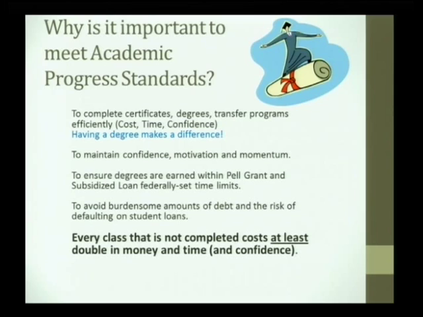But if you're borrowing a lot of money, if you're borrowing money twice to finish the same class, that doesn't make good economic sense at all. And for every $10,000 that a student borrows, it's going to take them about 10 years, paying it off at about $150 a month. And you can borrow $10,000 a year, more than that. And so you don't want to be borrowing money and not completing the classes.